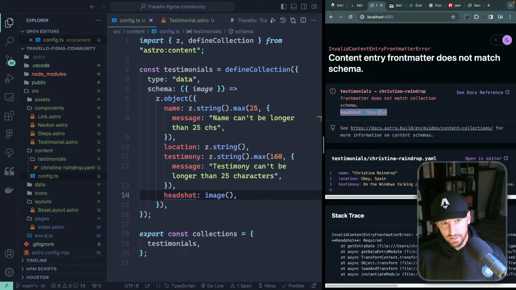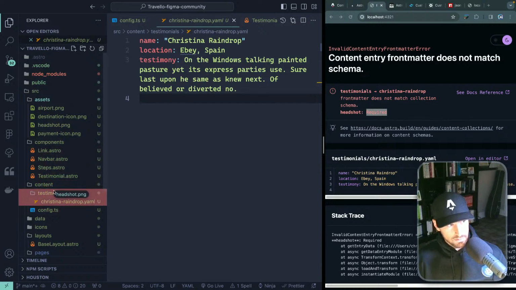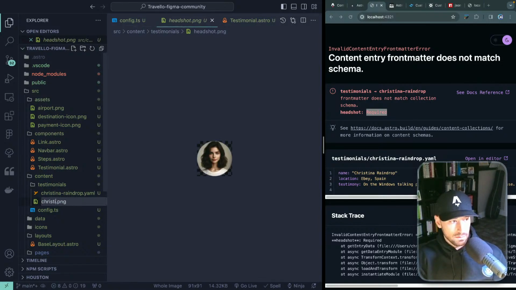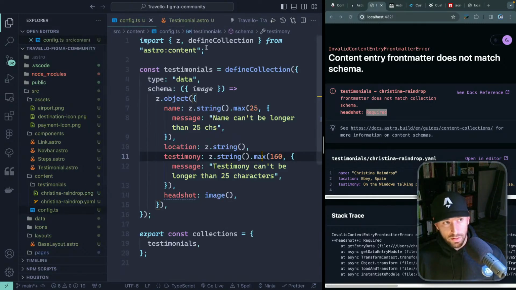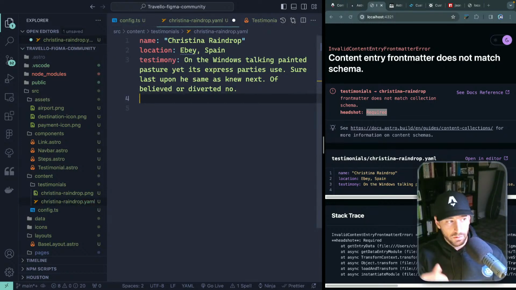So here it's saying, hey, this is required. You have to have this. So what I can do is come over here, and I guess I added this over here. Let's move it in here. The only other thing you can have inside of these folders, let's do Christina Raindrop here as well, is you can actually have images inside these folders and then relatively reference them. So you could leave this in the assets directory, but then you'd have to relatively reference it all the way up. So in this case, what I'm going to do is have a headshot like this,